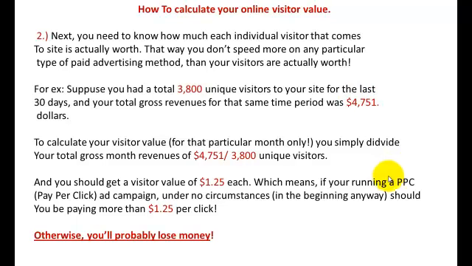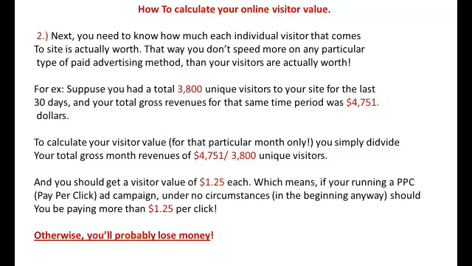Now, in order to figure out the unique visitor value of each of those visitors, you take the gross amount, in this case the 4,751, divided by 3,800, and you should come up with a number very close to $1.25. So in other words, each of those 3,800 visitors individually is worth $1.25 to you. Or to say it another way,